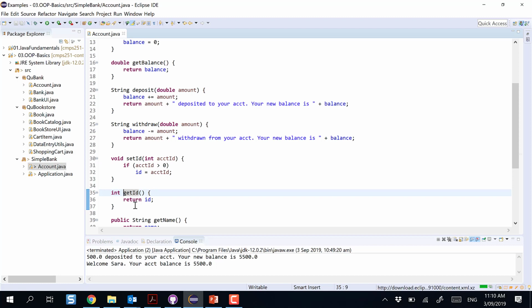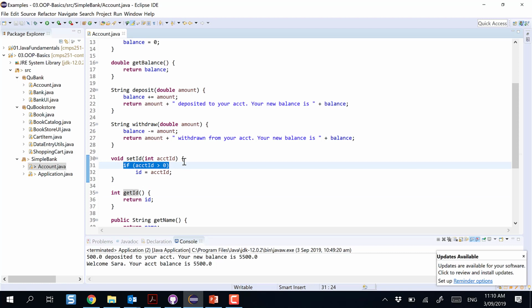Now have a look at the set method. Can you see here the set? So here I'm saying set ID, and I'm taking a variable called account ID. And before I write this to my ID, what am I doing here? Data validation. If the account ID is negative, I will reject it. I will not allow it. If the account ID is positive, then no problem. I'll take that account ID you give me and store it in the attribute. So the reason why we use encapsulation is to protect our attributes, and we can do some validation if we